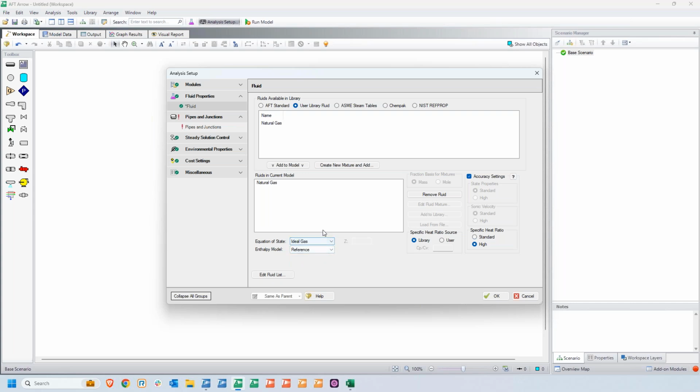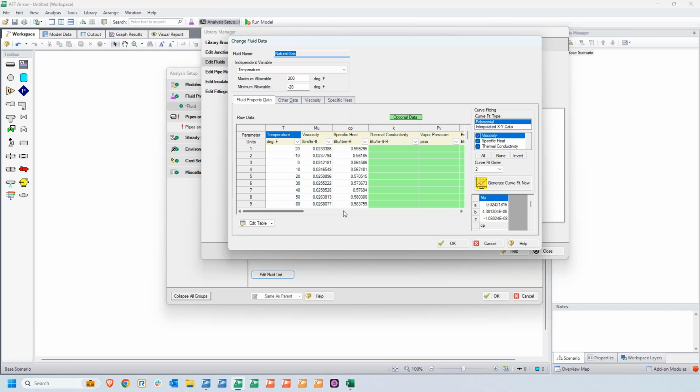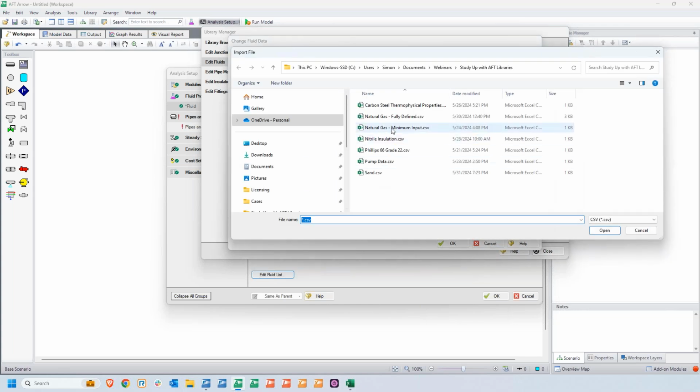Now, I'm not going to dive into exactly everything that these models mean and do. That's a story for another time. But I did want to show you how, with only the minimum input shown, we are limited in the equation of state models and enthalpy models that we can use. So now let's go back and locate our fluid here in the library, and we're going to add more data to that fluid. So I'm going to import a different file here,